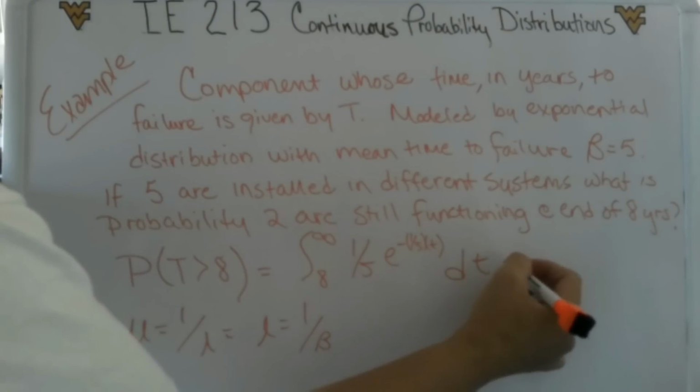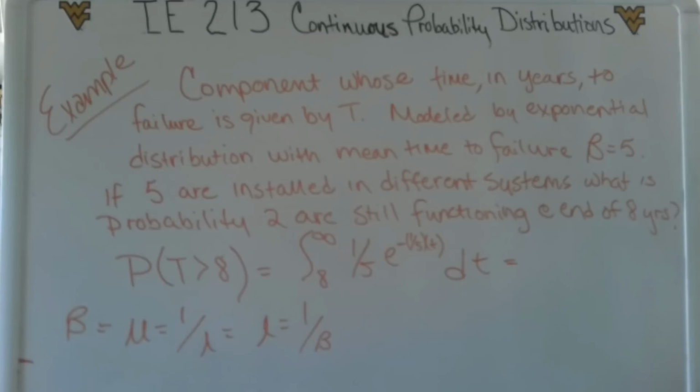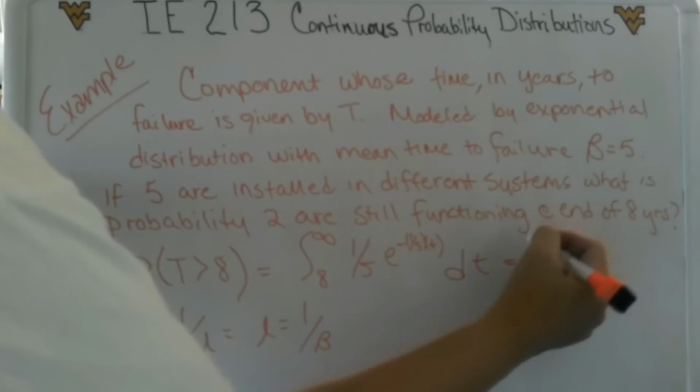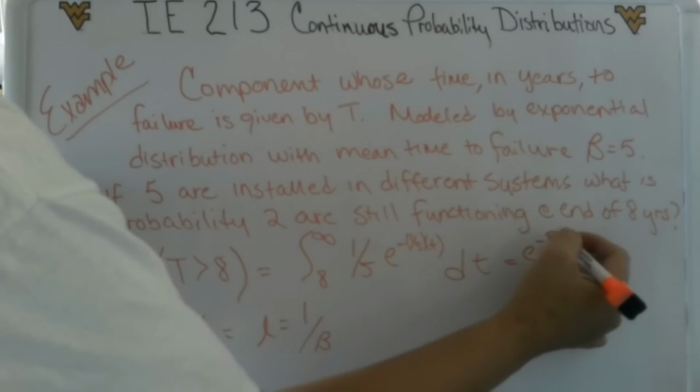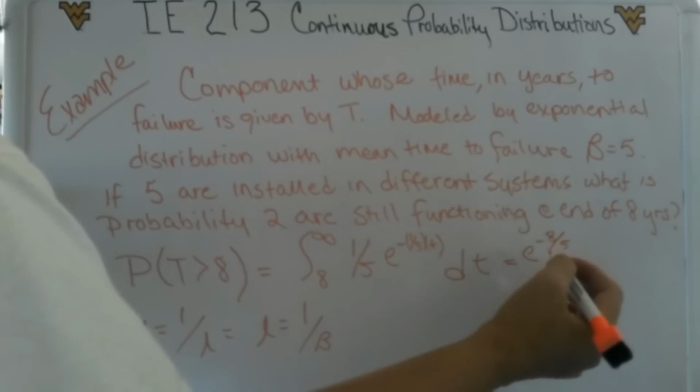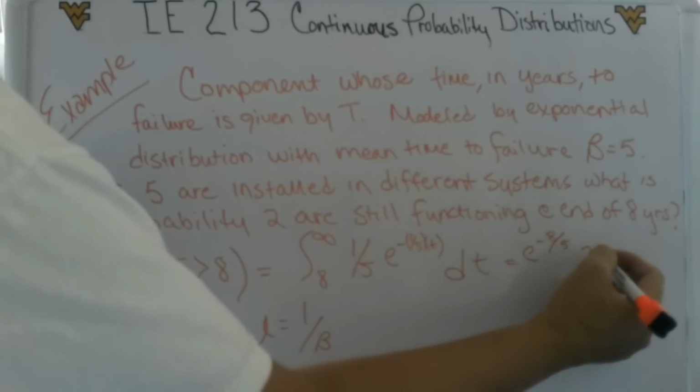When we do this integration, this would equal e to the minus 8 over 5, which is approximately